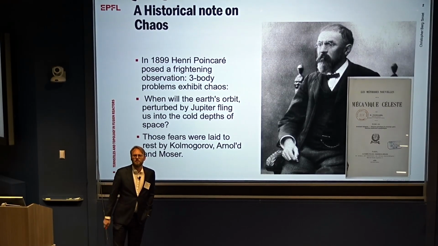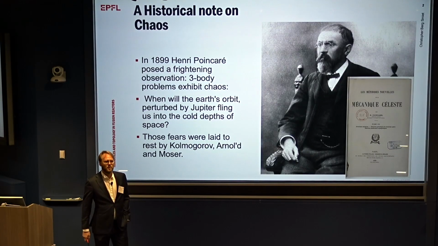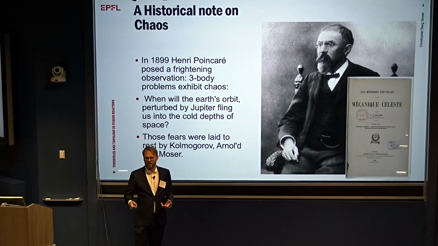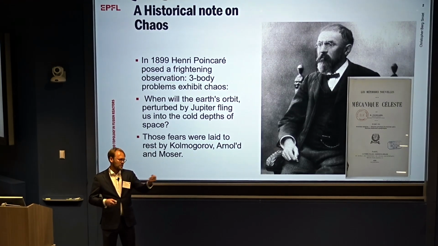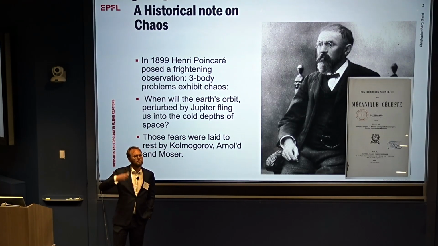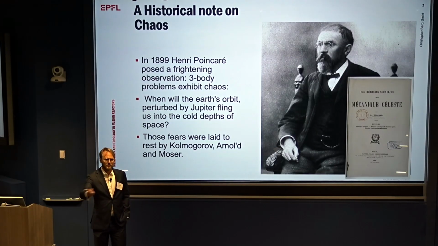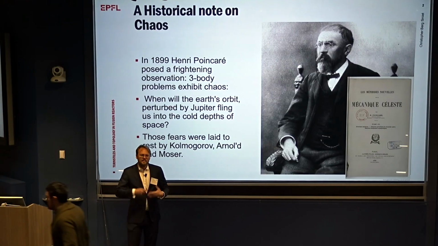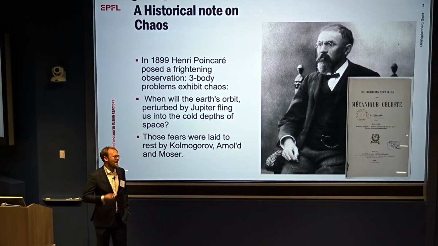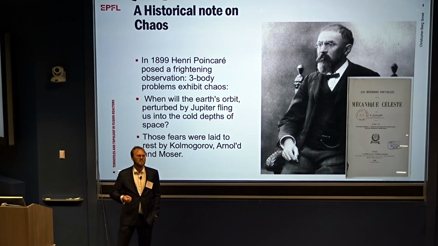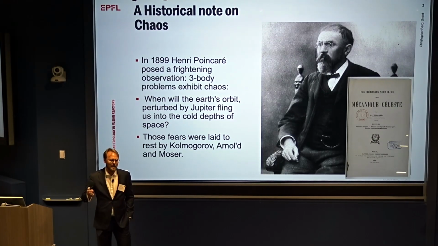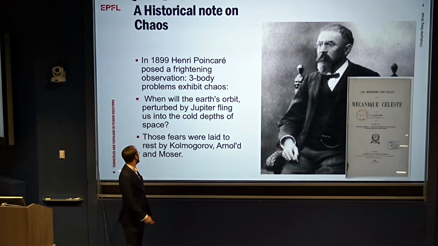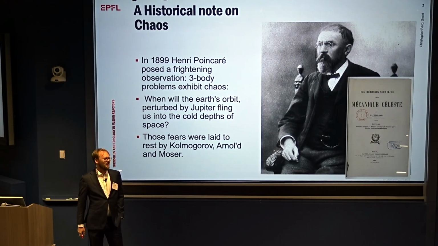But he also made a very frightening observation in that book, and that is if you have a three-body problem, it is generally chaotic. So if you have the Earth passing around the sun, and it's perturbed periodically by Jupiter's mass moving around at different frequencies, then that could be chaotic. And so that laid a deep existential fear, like when will the Earth be flung into the dark depths of space because of that? Now, it took more than half a century before Kolmogorov, Arnold, and Moser were able to